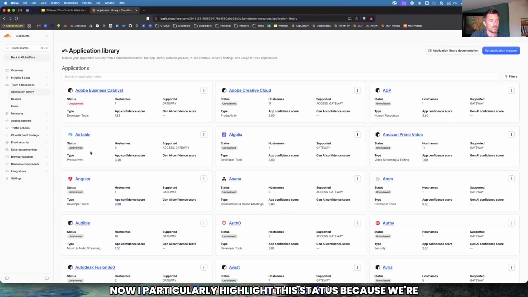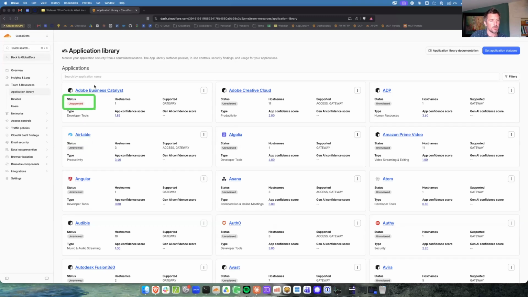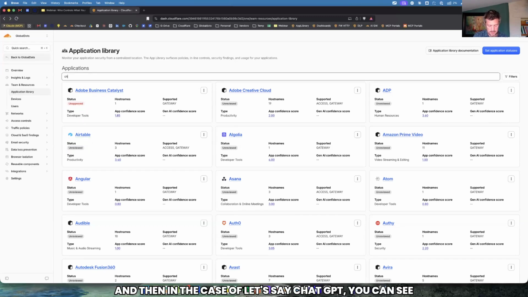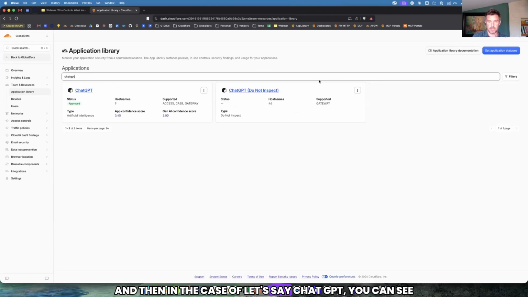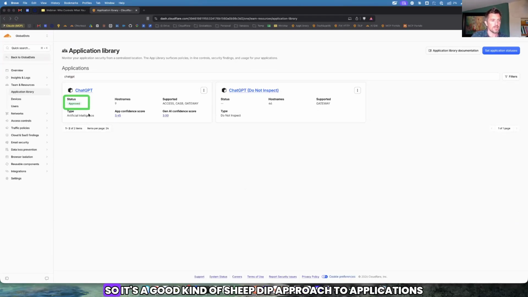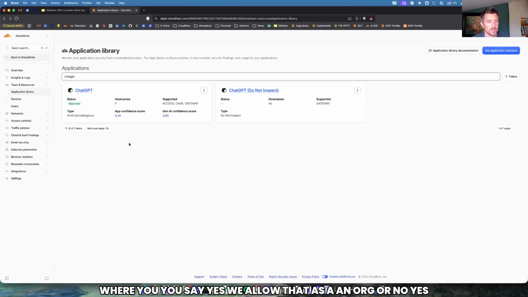I particularly highlight this status because we're going to use it later in our demo. We have unreviewed, unapproved, and then in the case of, let's say, ChatGPT, you can see that we have this approved application. So it's a good sheep dip approach to applications where you say, yes, we allow that as an org, or no, we don't allow that, and then you can use that in rules later on.